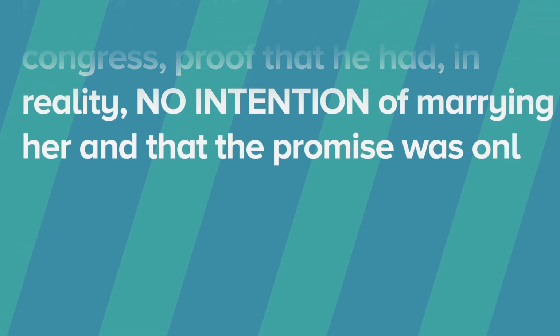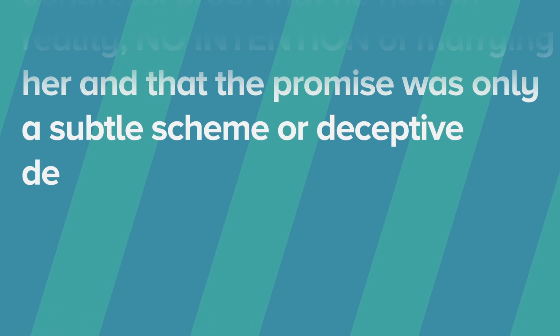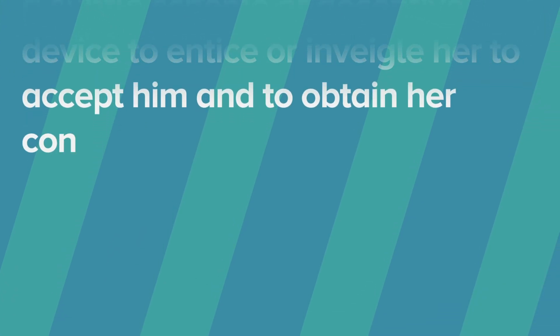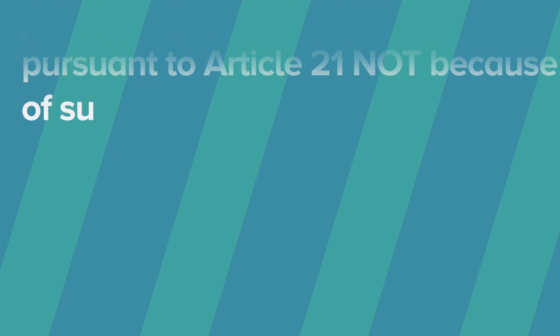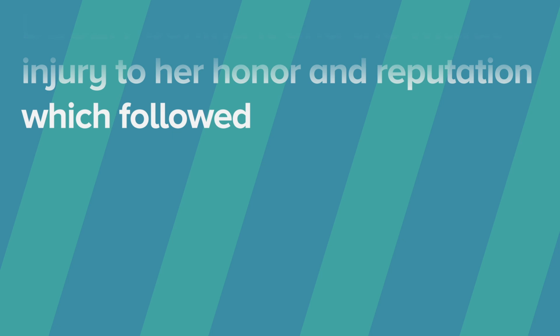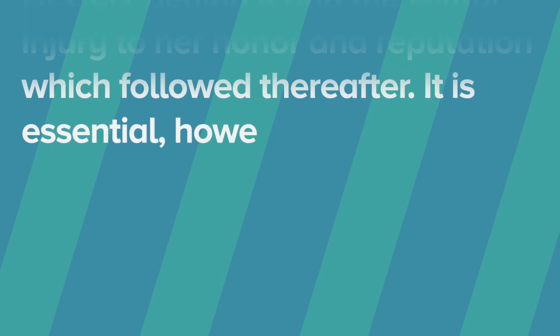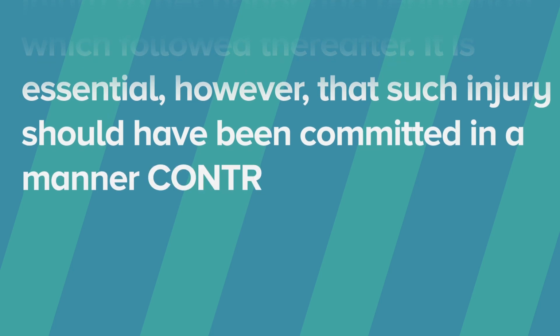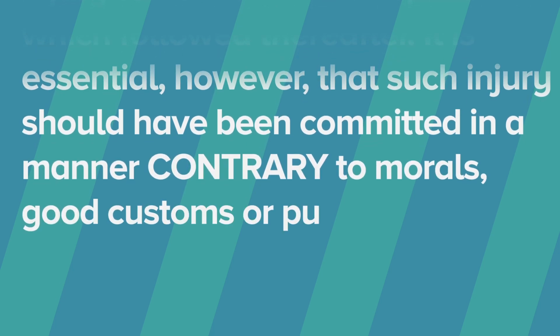the promise was only a subtle scheme or deceptive device to entice or inveigle her to accept him and to obtain her consent to the sexual act, could justify the award of damages pursuant to Article 21, not because of such promise to marry but because of the fraud and deceit behind it and the willful injury to her honor and reputation which followed thereafter. It is essential, however, that such injury should have been committed in a manner contrary to morals, good customs, or